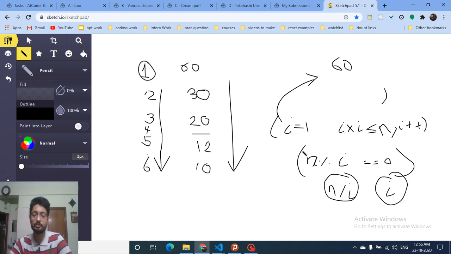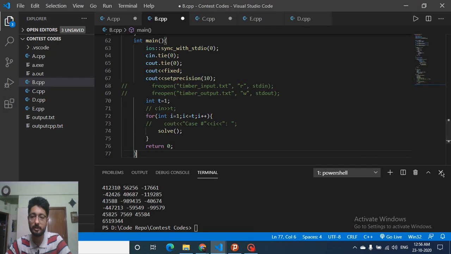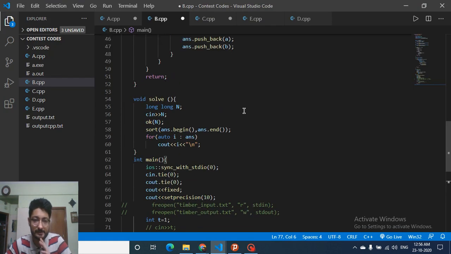So it's a very simple code, a very standard way to find the factors of a number. You can also go on GeeksforGeeks or any standard platform and find out that this is a very standard method to find the factors of a number. So I'll move on to the code part now to make it more clear.